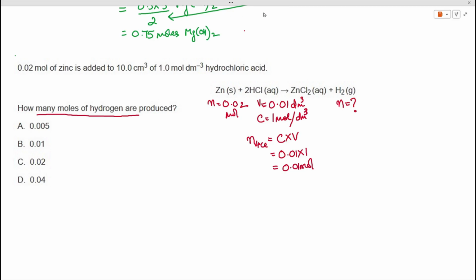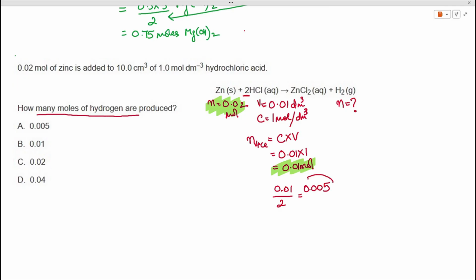Now, because we have the moles of both the reactants with us, we have to figure out the limiting reagent. Now to calculate the limiting reagent, you will take the number of moles of HCl and divide by its stoichiometric coefficient. So 0.01 divided by 2, and that gives us